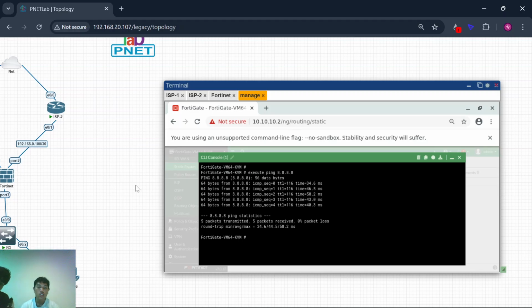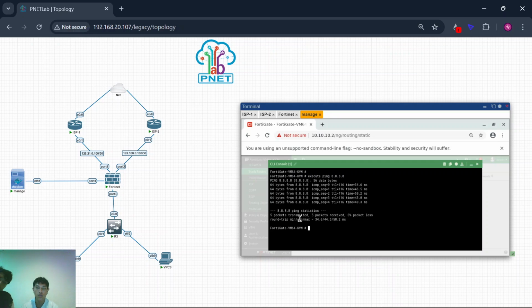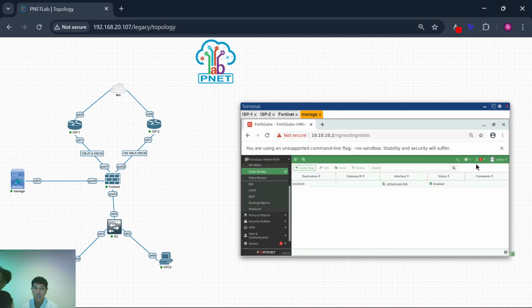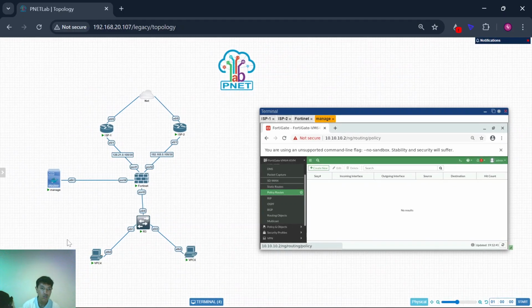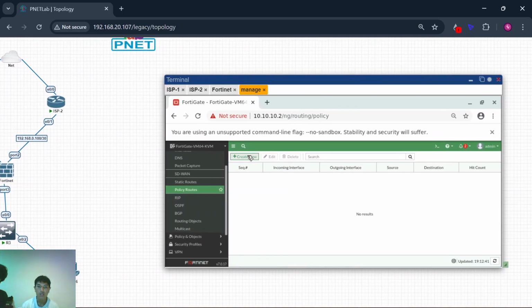And then what should we configure? To continue, you must go to the policy. This is for allocating IPs, because I want VPC4 to access the internet from ISP1 and VPC6 to access the internet from ISP2. So go to policy, create new.